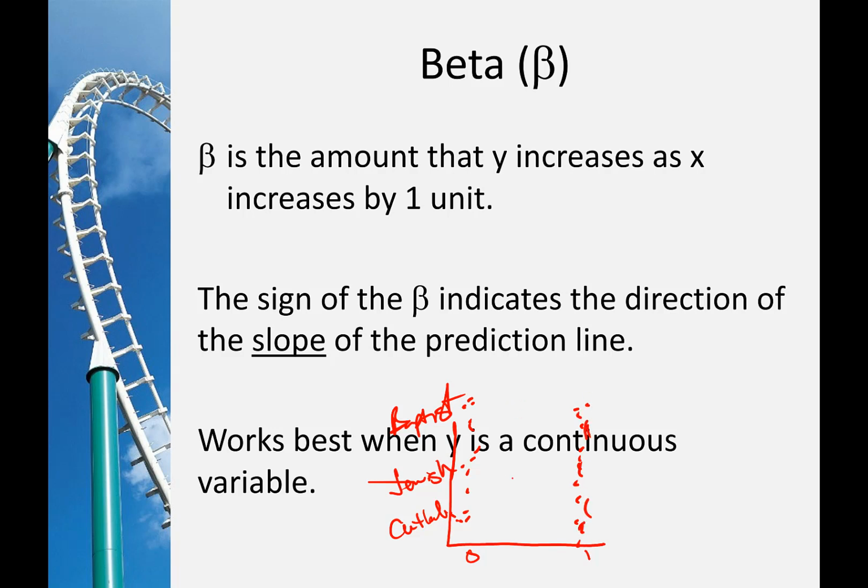Our independent variable is only going to be 0s and 1s. Our dependent variable is really only going to be at these 3 spots. I got 3 categories for a dependent variable and 2 categories for an independent variable. I'm only going to have 6 spots where these dots are going to show up, right? I put a little jitter here. That's the technical term for when you make the dots next to each other when they should be on top of each other so that you can show